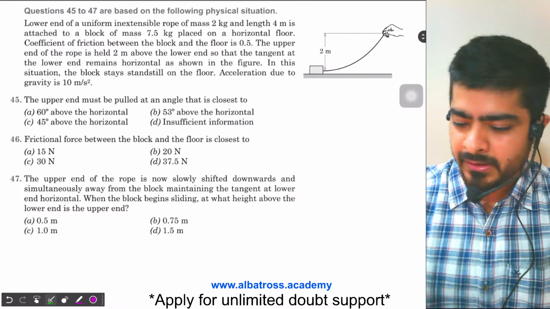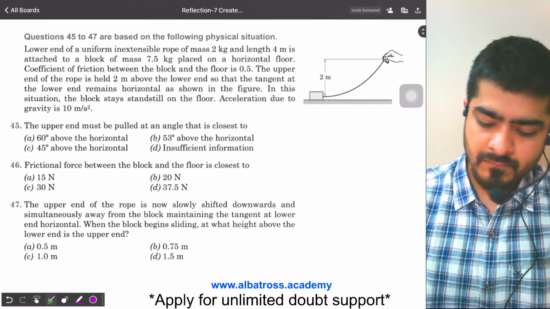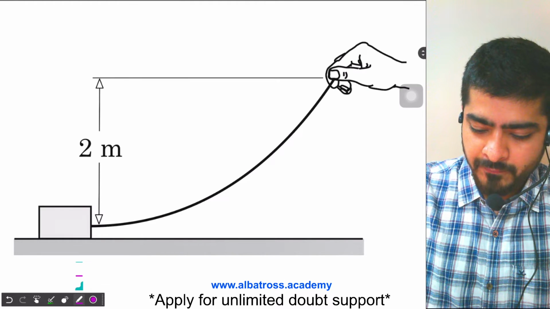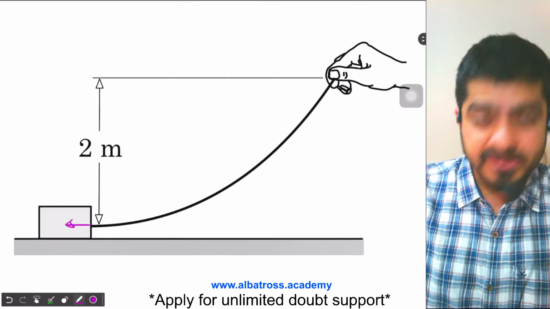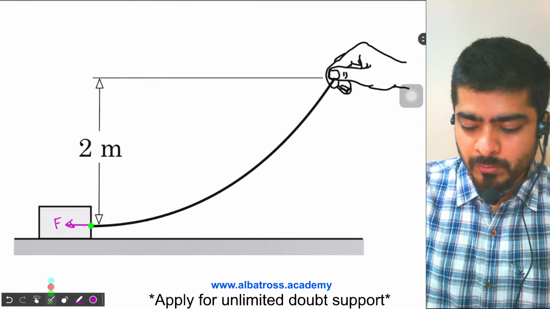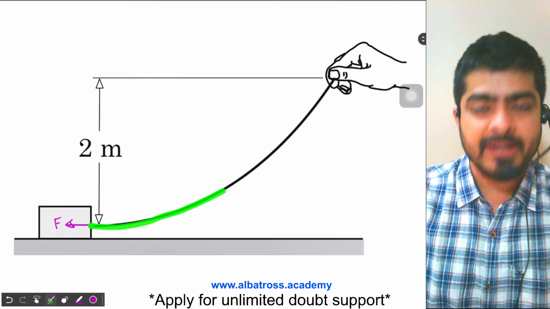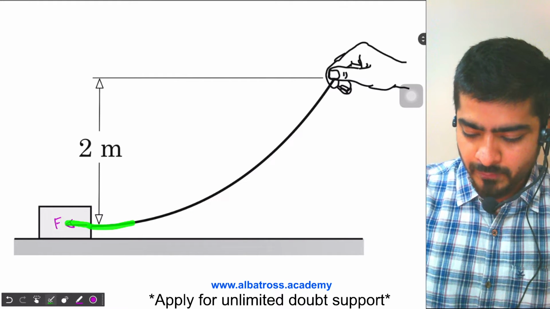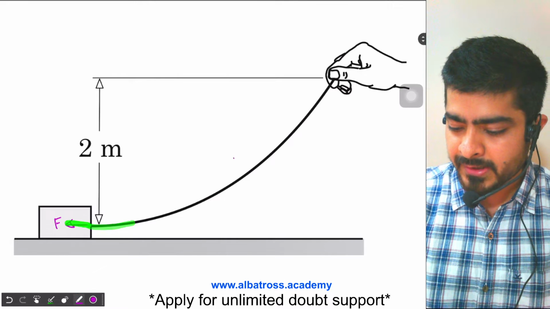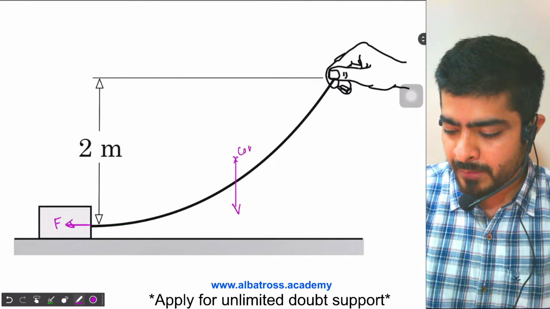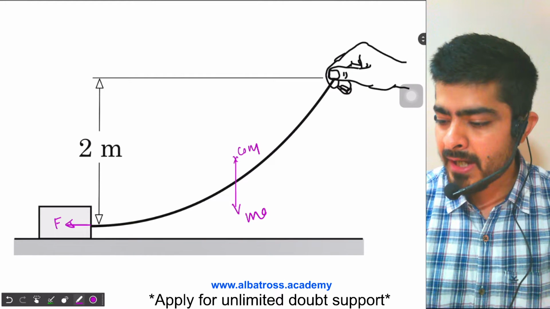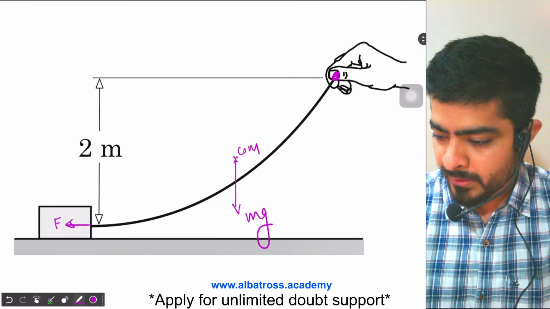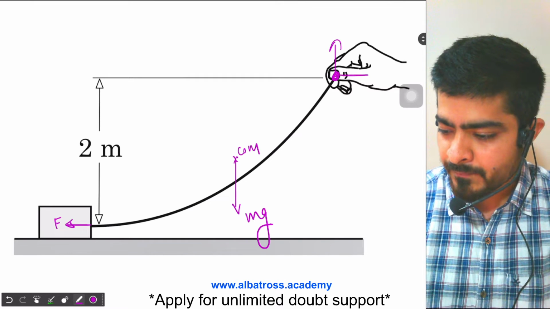So first of all, I tried to draw the FBD of the rope. For example, I took the force F. I'm just drawing the forces acting on the rope. On this rope the force will be acting in this direction and its reaction will be acting on the block in the opposite direction, right? So this is your rope. Here we have the force F, and somewhere here will be the center of mass of the rope. So mg will be acting downwards, and over here at the upper end the force will have two components. One will be the vertical component, another will be the horizontal component.